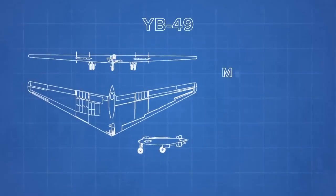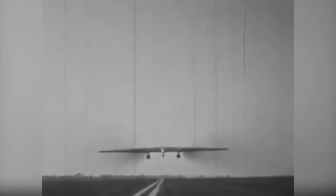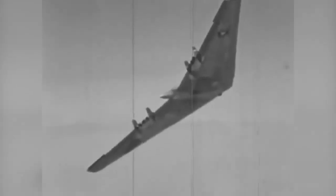The YB-49 could fly up to 500 miles per hour with a ceiling of 40,000 feet, but Northrop's dreams would face a major setback when, due to the difficulty in controlling the aircraft and its instability during flight, the US government ordered all of the aircraft to be destroyed. This decision would come to haunt them, however, as the Soviet Union was stockpiling even more advanced weapons, particularly air defense missiles. The US government needed a bomber that could penetrate Soviet airspace without being a sitting duck for Soviet